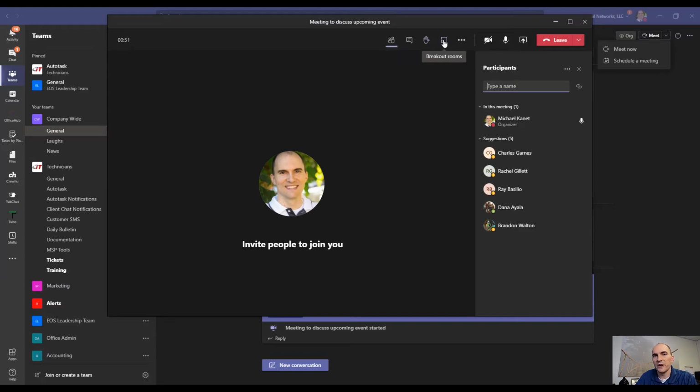Breakout rooms is a very specific feature. This allows you to create different rooms and move participants into those rooms. Those rooms are each unique from each other. People cannot see, hear, or comment on the other breakout rooms. This works really well if you're doing training sessions or other things, as long as you have a moderator or a host that's going to be able to manage who's going into what breakout group without having to create separate